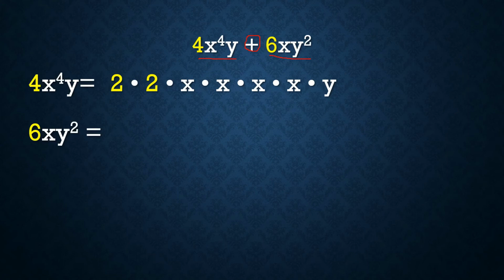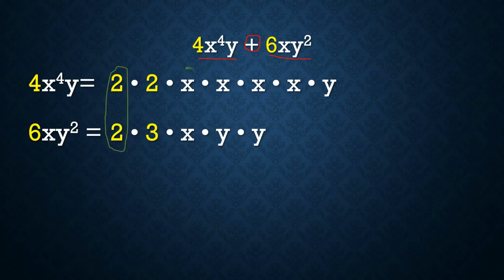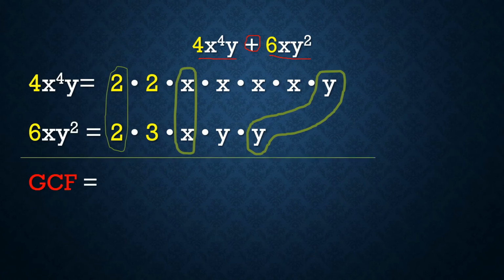The next one is 6xy squared. We have 2 times 3 times x times two y's. Next step, encircle. We have 2, we have x, and we have y. Only three are common to both. So for the GCF, we just multiply the three: 2 times x times y. So we have 2xy as the